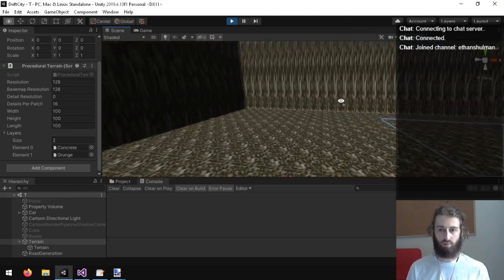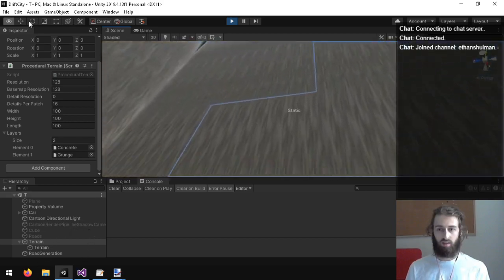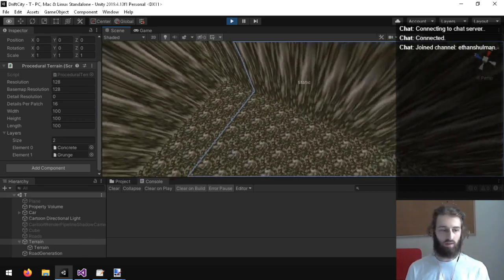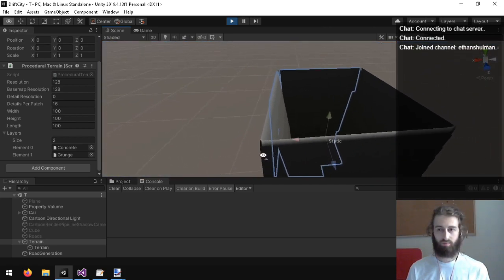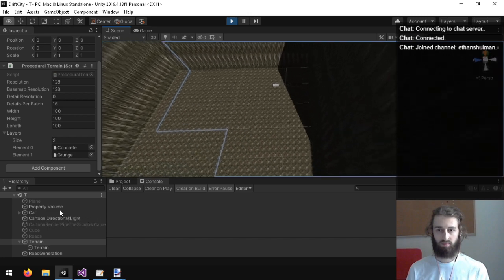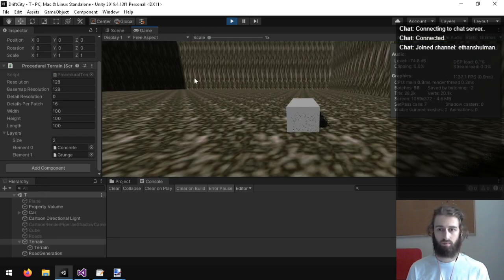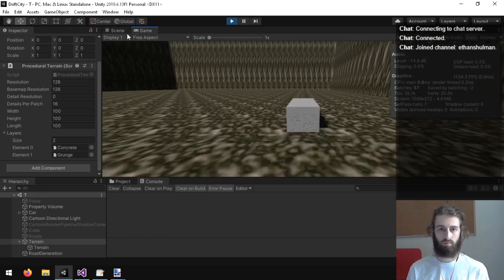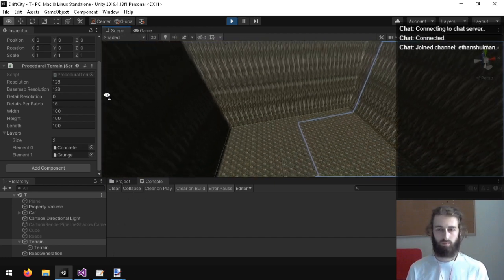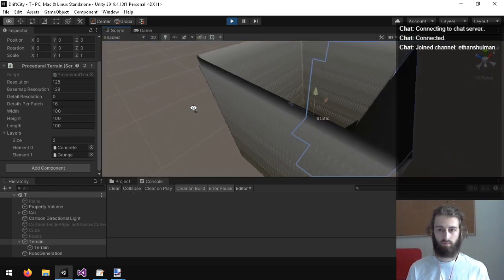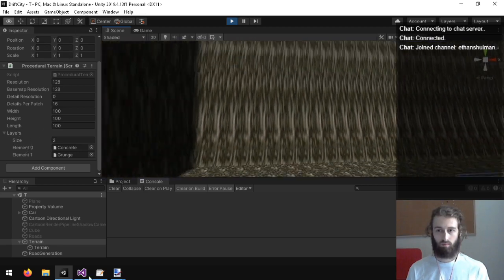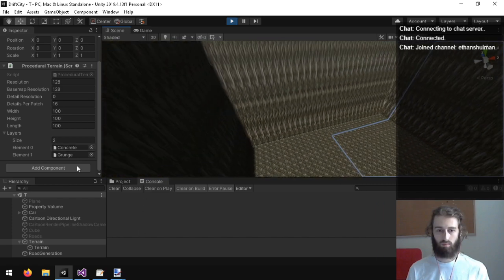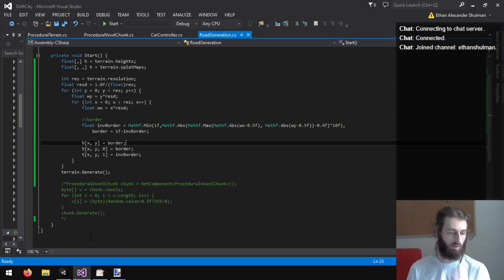So I actually need to put the border coloring before it actually scales up, I think. I guess I could kind of leave it like that, but